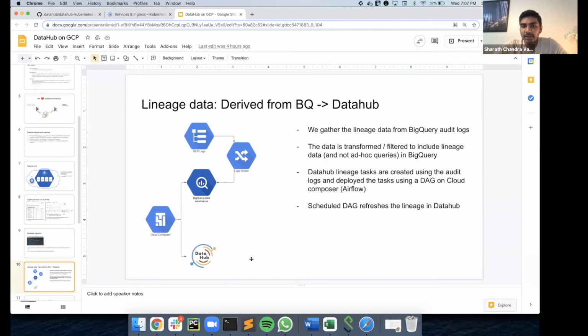The steps you need to get this audit log into BigQuery are also pretty simple. You have the GCP logs in Logging, again a service in GCP. A logs router can be set up to push these logs into BigQuery, as nested rows. And we use Cloud Composer, again Airflow, to transform this data and push it to DataHub as emitters.